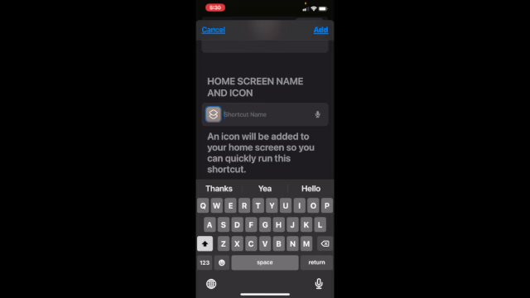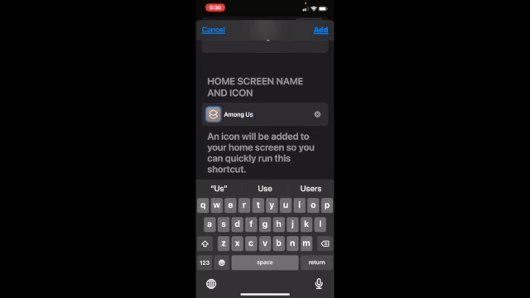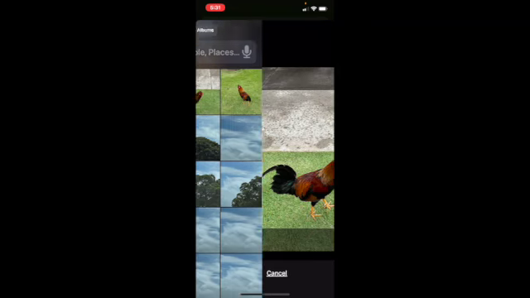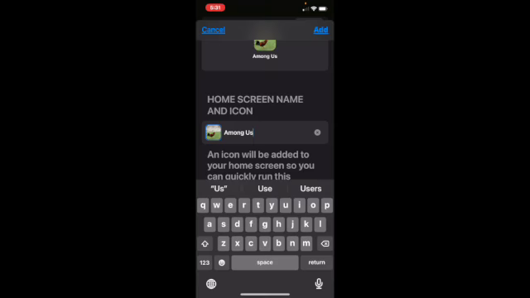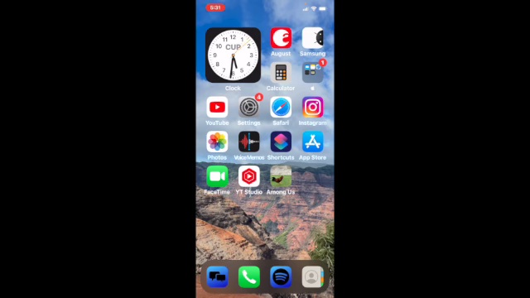So let's do Among Us. Okay, so now it does that. Let's choose a photo, which in your case will probably be an icon pack, as I already said, but in my case, let's just use an example as this chicken. Click choose. Now I can click add. Now if I swipe out, you'll see Among Us right there on the home screen. And if I click this,